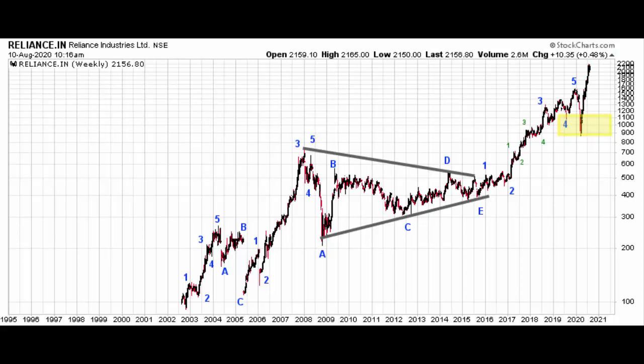We're starting with Reliance here. It was incepted back in 2002. The overall Elliott wave pattern isn't 100% clear on this guy. What is clear to me is that there are only 2 types of price movement that we see across this chart dating back to 2002 when it was incepted, and that is that we're getting 5-wave advances followed by 3-wave pullbacks. You can see a 5-wave advance from its inception, a fairly deep retracement, but still a 3-wave pullback into